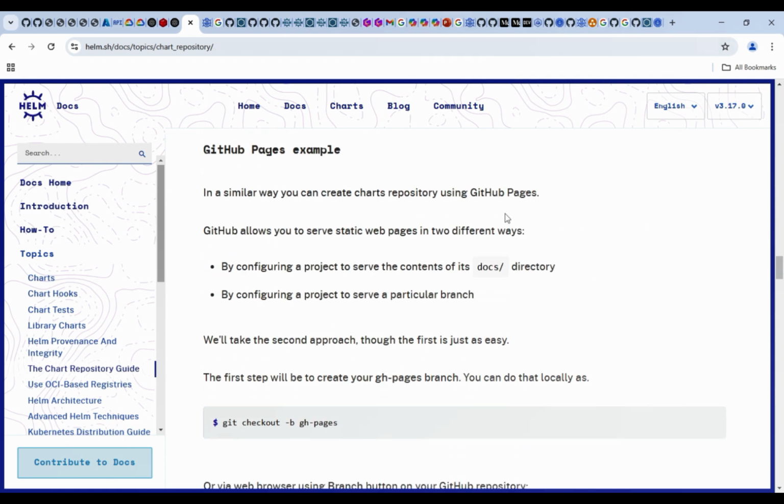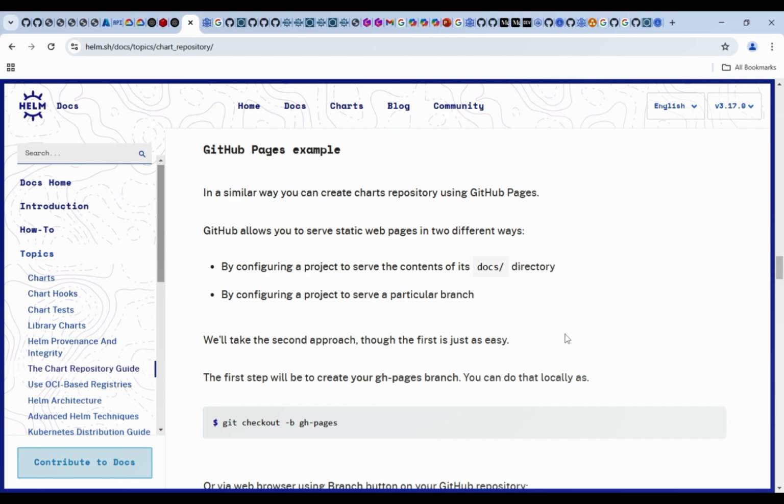then we discussed in detail how to enable this GitHub Pages option in the GitHub repo, and then we created a chart, and then we moved it to GitHub Pages, and then we exposed it, and then we accessed it with the help of a URL, the GitHub Pages URL, and then we added that into a local repository, and we deployed it. Basically, the end-to-end lifecycle management with the help of the GitHub Pages approach we have discussed